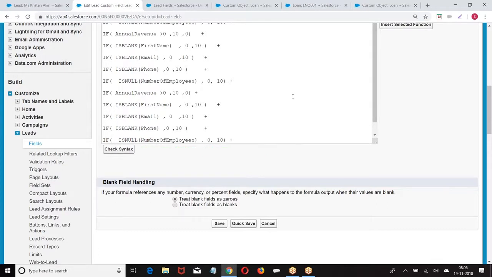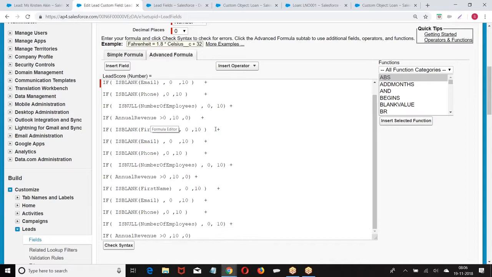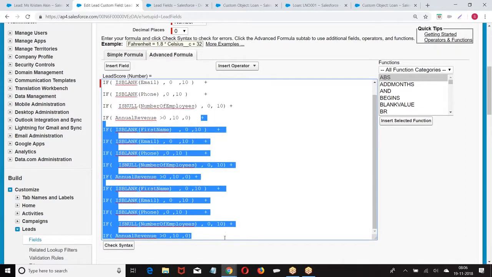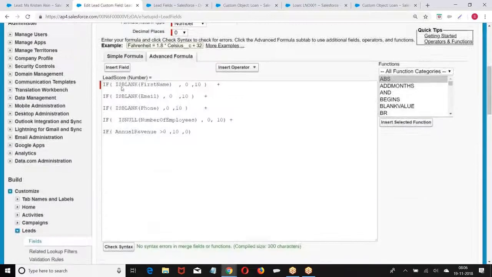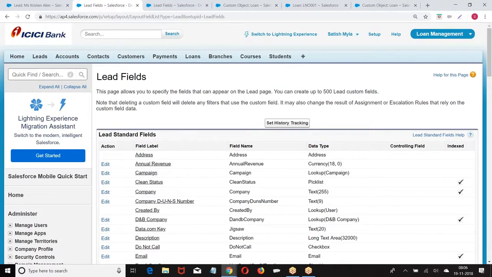When we receive the too lengthy formula, but our requirement says the lead score has to be calculated based on all these fields, when I am applying, it is saying too lengthy formula. Then there is a limitation of the formula that we encountered. When we encountered that, whatever formula we wrote, we re-implemented the same functionality by using a trigger. So, tell me one scenario where declarative didn't work out for you, where you are forced to go for programmatic. This is one of the scenarios where I encountered.